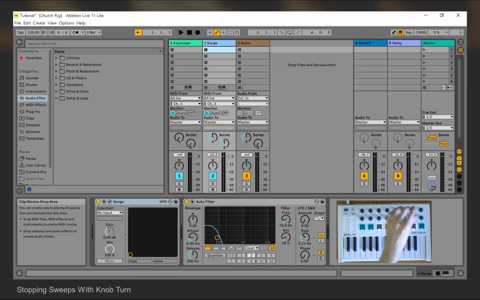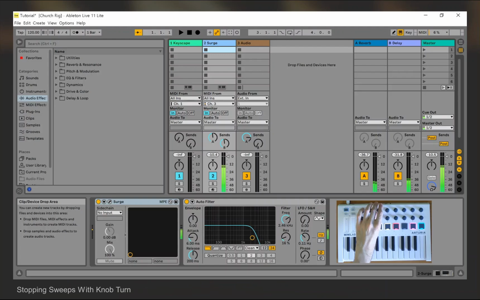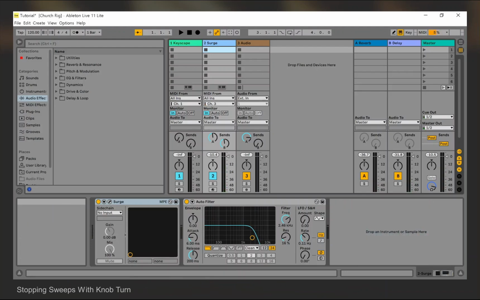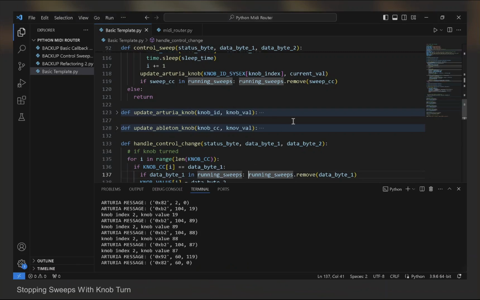So I'll turn that down, I'll turn the target knob up, and you'll notice here then that when I get a sweep going, if I turn the knob, it did stop it, but did you notice the jump again? Now, the reason for that jump is because we made a decision earlier that it would be better for efficiency,